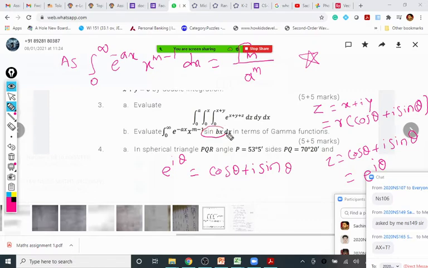Which term do we require here? sin bx. So if you want sin bx, on both sides we replace theta by bx. We get e raised to i bx is cos bx plus i times sin bx. Now what we are going to do is replace sin bx by the imaginary part of e raised to i bx, because cos bx is the real part, sin bx is the imaginary part.